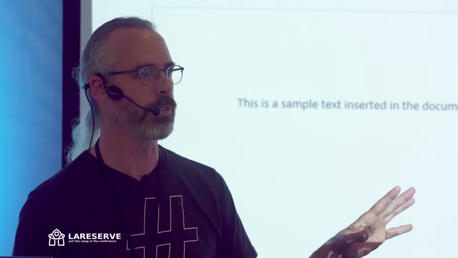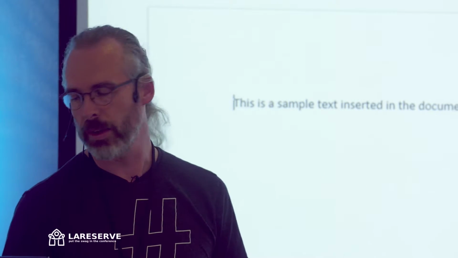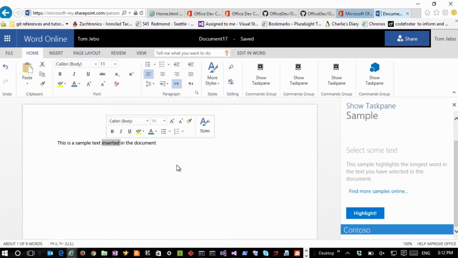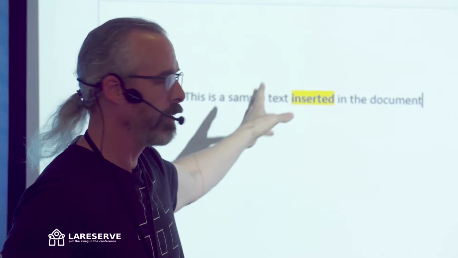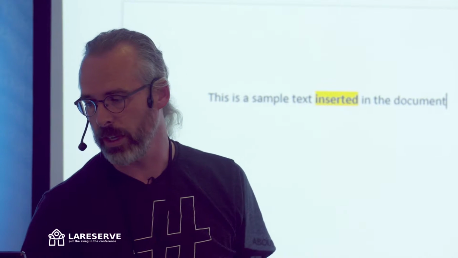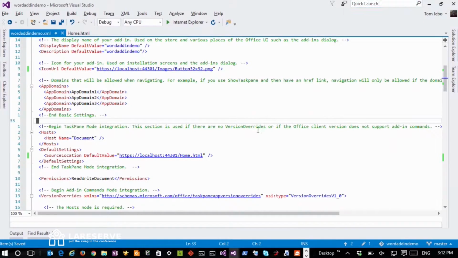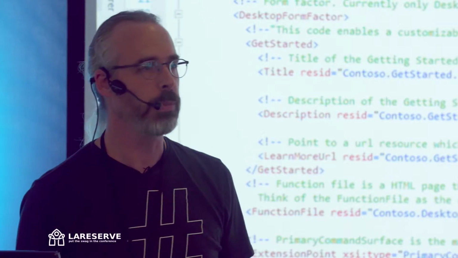So you get this all for free, and you can see it's a great way to get a starting point on how to get your add-in working. And then if I select some text and do highlight, you can see that it's actually working. So it's using the JavaScript API for Word to access the selected text and make a change to the highlight. Great. So now let's go back to the manifest and see what all was added to give me that command